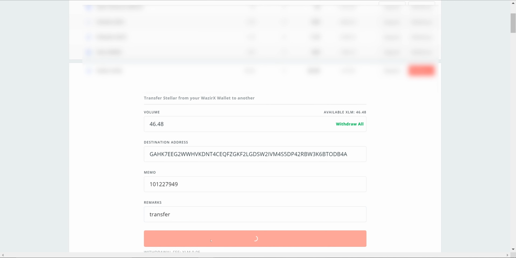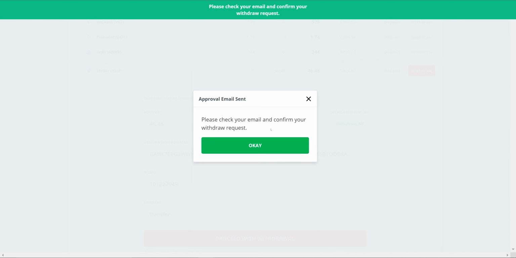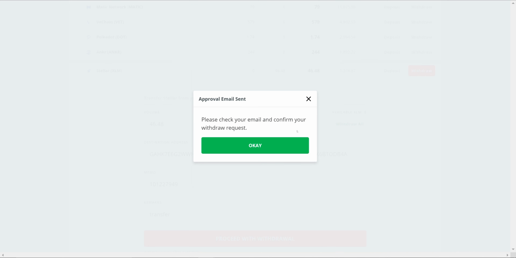We need to enter the code on the Authenticator app. We also need to approve this transaction through the email.